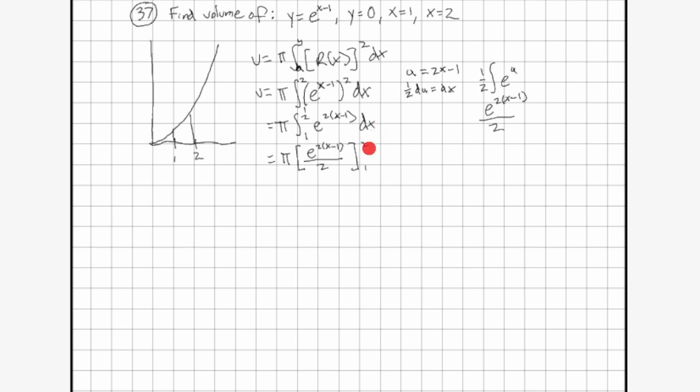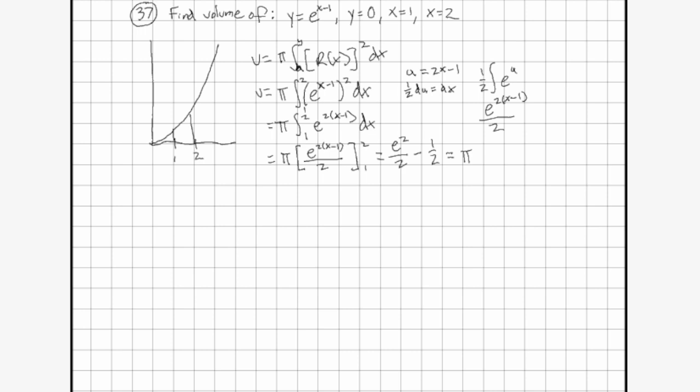And when I plug in 2 into here, I should get e to the power 2 over 2. And then when I plug in 1, for the two parts, 2 minus 1 equals 1, and then 1 times 2 is 2. And then when I plug in 1, 1 minus 1 equals 0. 0 times 2 is 0. e to the power of 0 is 1. So then I get minus 1/2. And then when I combine those together and factor, I can simplify this down to